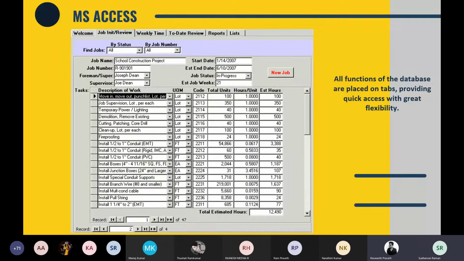And we'll be giving inputs like total units and hours per unit, and the database automatically calculates the estimated hours and gives you the total estimated hours. And the characteristics of the job are entered, and the top part will be given detailed task. And here we will be giving the supervisor for this project and so on.